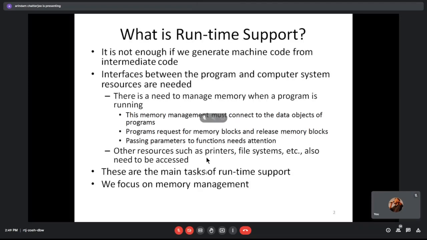So what is runtime support? It's an interesting question. I think a lot of you did not really understand how the computer is behaving as far as the internal storage, memory, etc. is concerned when you started programming in C first. But then you have seen there are lots of problems you faced where you actually had to look up a little bit into how C organizes memory. That's basically the runtime support.